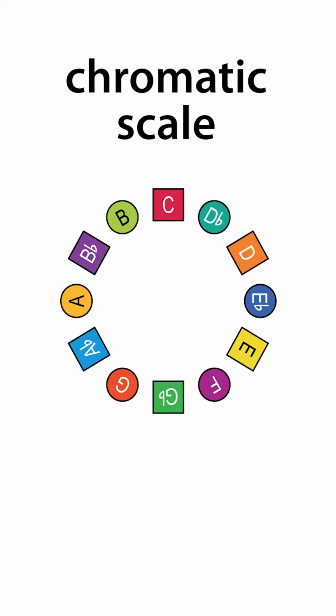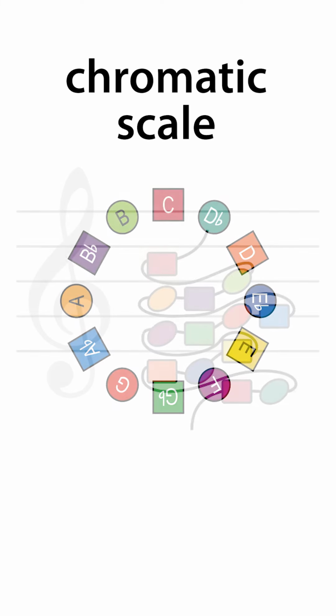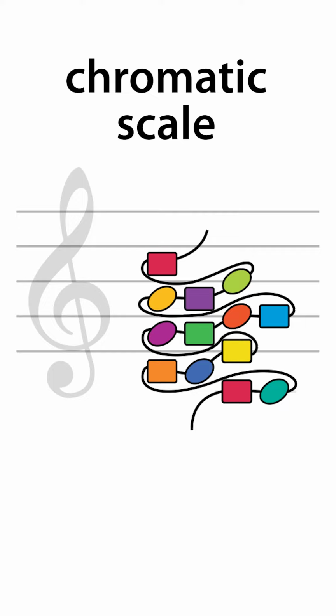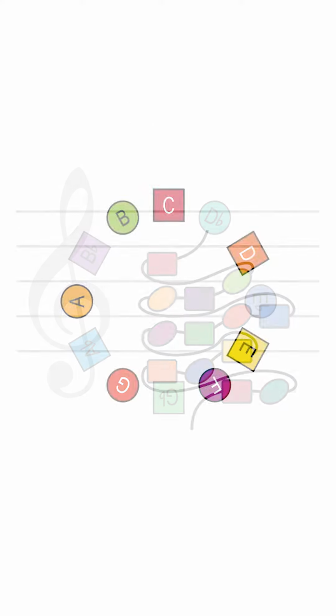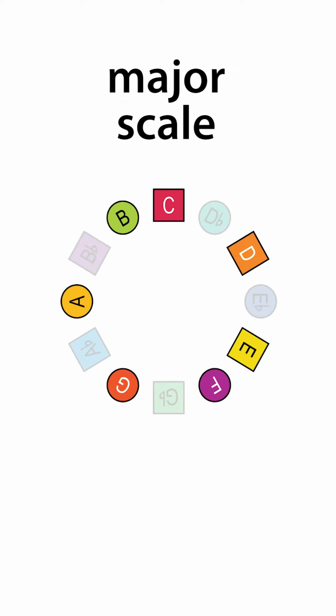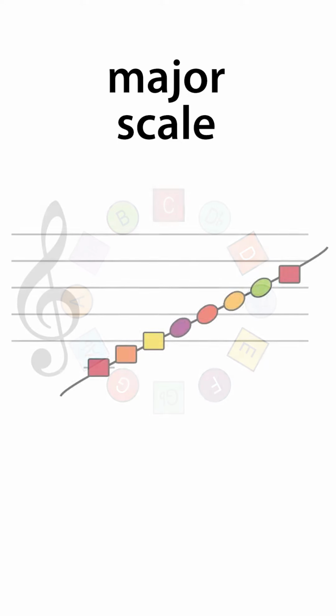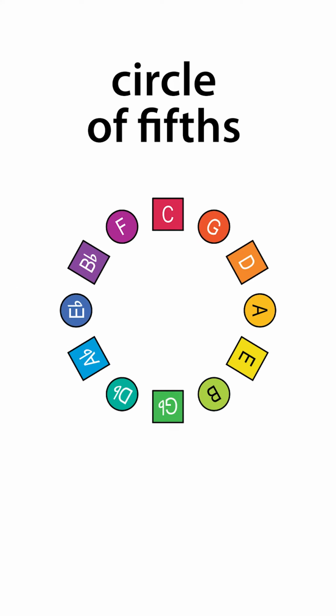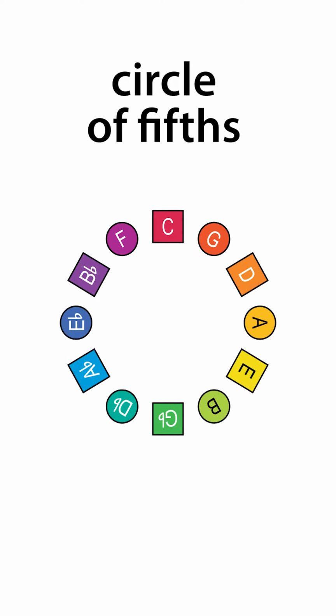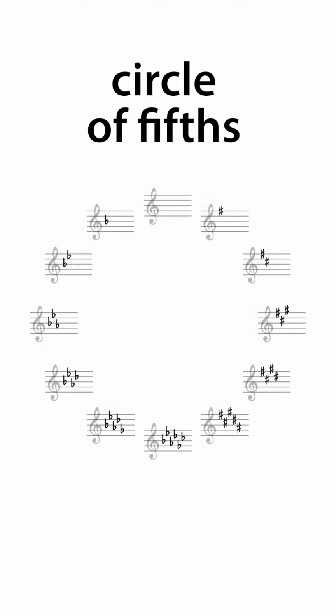For example, here's the chromatic scale as it really is, but when seen through the distorted lens of music notation, this is what it looks like. And again, here's the major scale, the C major scale, for example, as it actually is. But when run through the meat grinder of notation, it gets stretched and warped like this. And finally, here's the circle of fifths in its cyclical and symmetrical state that becomes unrecognizable when seen through the